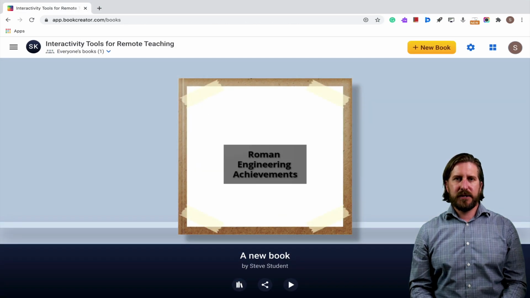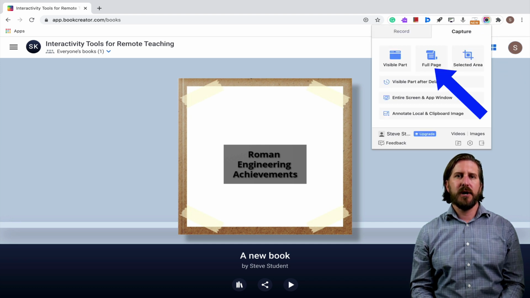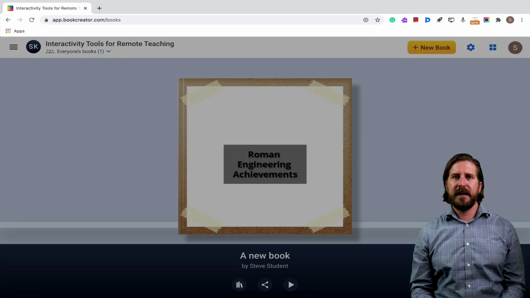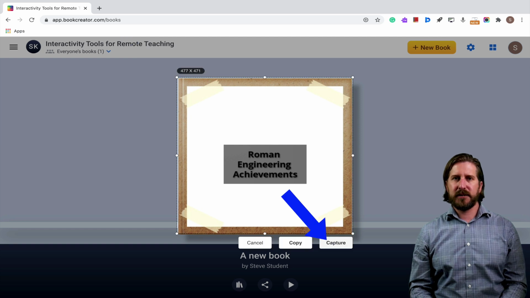The way Awesome Screenshot works is that students would go to a page where they needed to take a screenshot, and then they would have the option to either take a screenshot of the entire page or a particular section that they select on a page. So let's say, for example, that the student doesn't necessarily need to show this entire screen, but just wants to share the cover for this digital book that they made. They could select just that particular section and then take a screenshot.